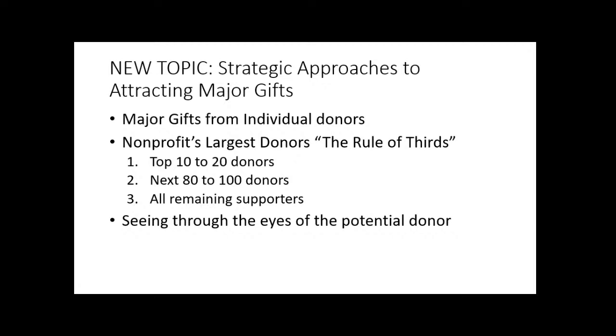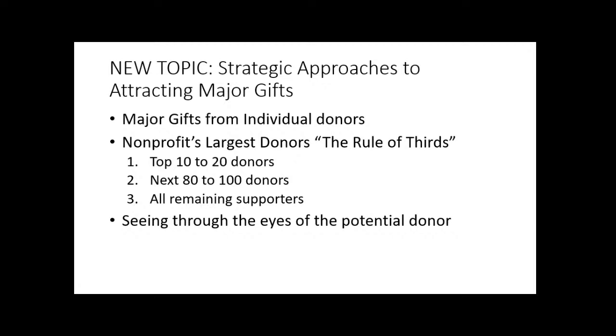Now, the last third is given by all remaining supporters. And sometimes this escalates up to nearly a half, and much of that is given by regular small monthly donors. But this isn't just for Calvary University. This is for many other organizations that I've worked with. The rule of thumb of thirds seems to be a good way of looking at it. Nevertheless, whether you go to the 90-10, the 80-20, or the rule of thirds, it's still valuable for you to know that somebody needs to pay attention and develop relationships with a few people who give to the organization.